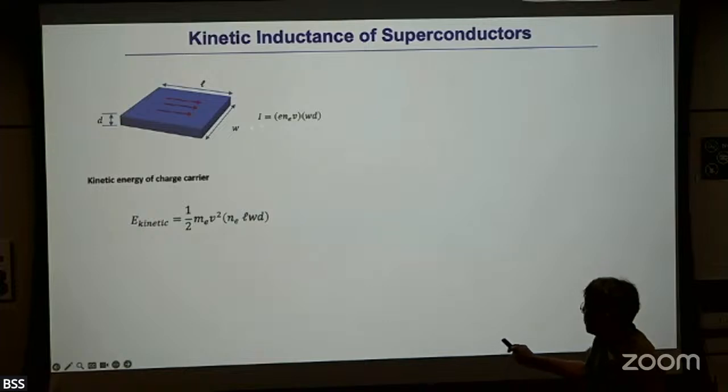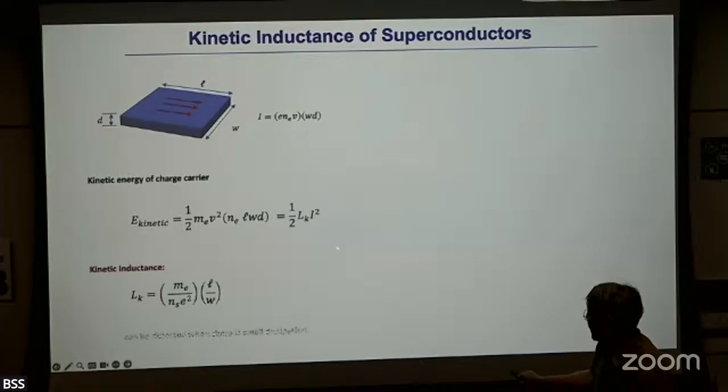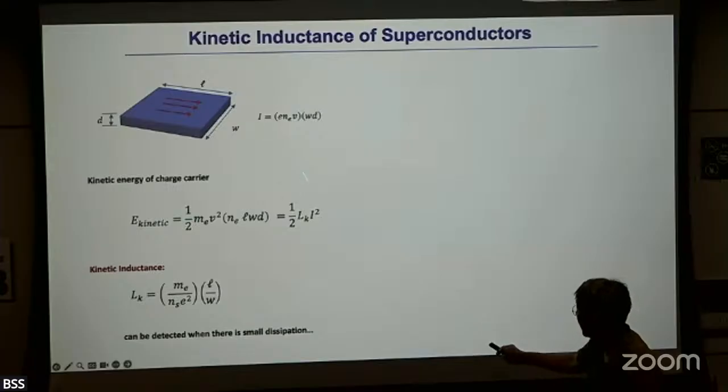Because current is proportional to the velocity, I can just rewrite this. And obviously, this kinetic energy will be proportional to the current squared, with all other numbers tucked into the coefficient. But look at this relation. In the end of the day, I have energy on this side, and on the other side the current squared, with a coefficient in front of it, right?